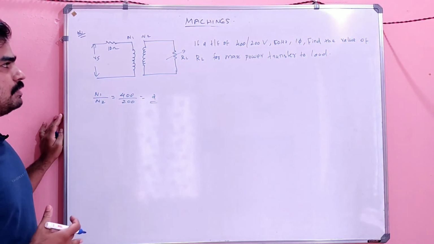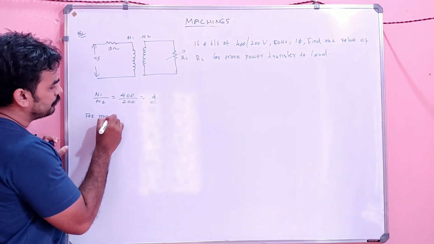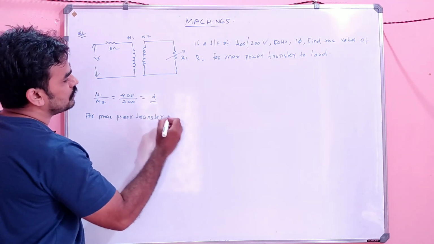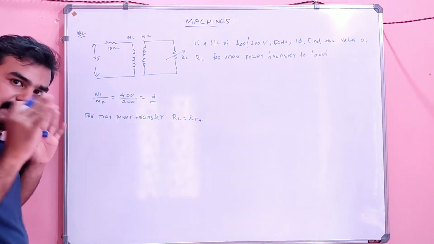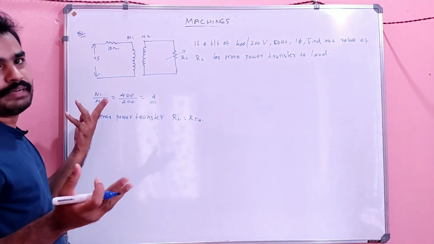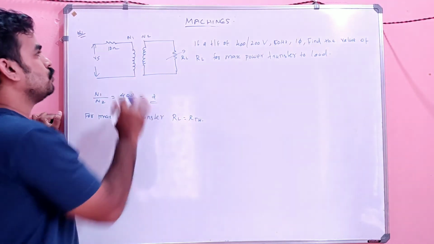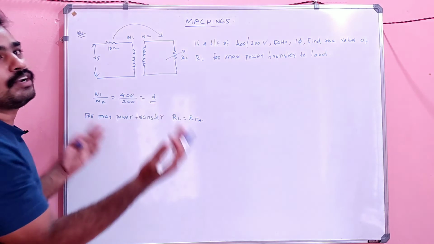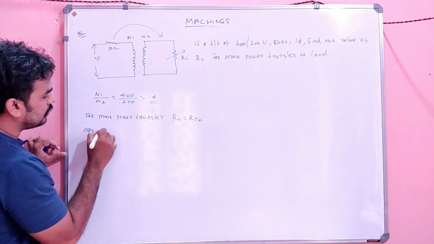For maximum power transfer, my dears, what was the condition? RL will be equal to R Thevenin. Here the R Thevenin is nothing but only this resistance, right? There is no indication of any other resistance, but this is electrically isolated. So you have to bring this 10 ohm to the load side, and if this and this are equal, then only maximum power transfer will happen. So what is the equivalent resistance